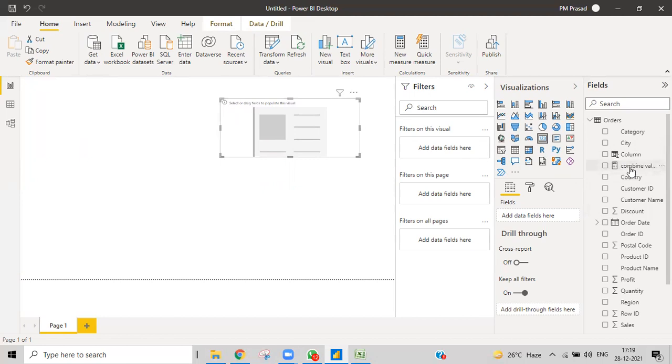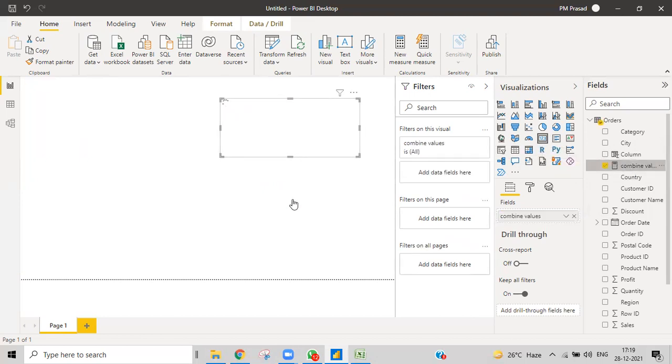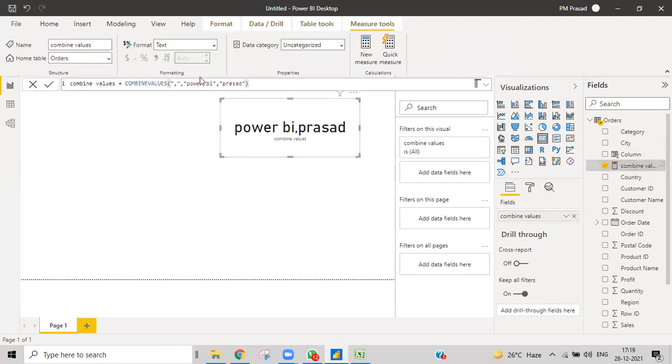Then I want to display this measure over here. You can see Power BI, Prasad, the function in which they have been written. Then here I want to give some more values. I've given another text value.